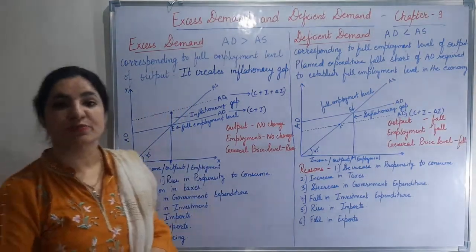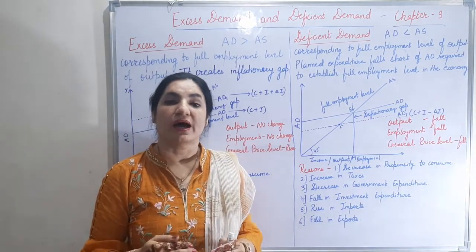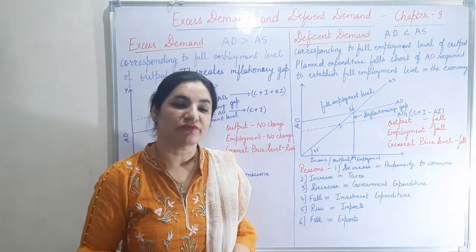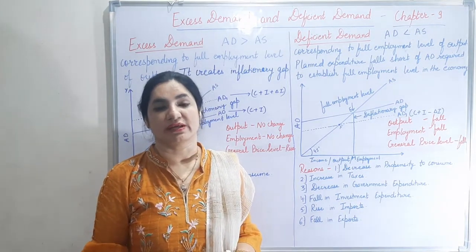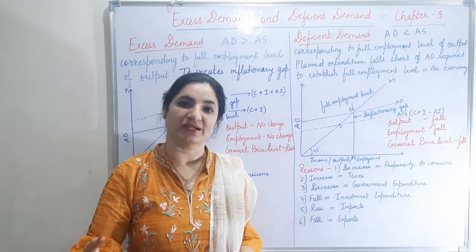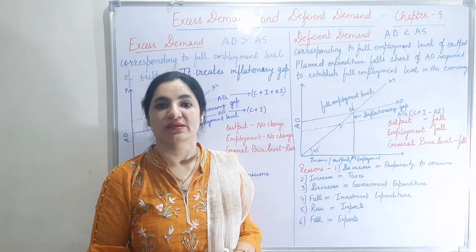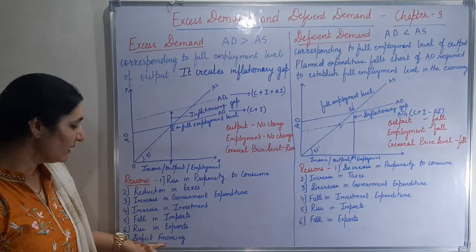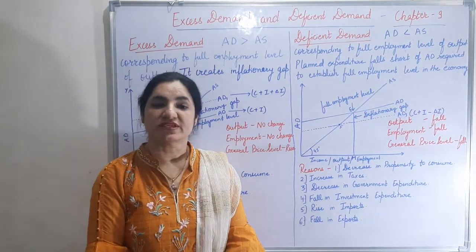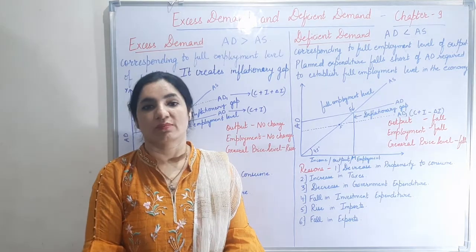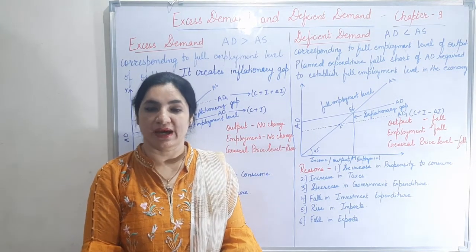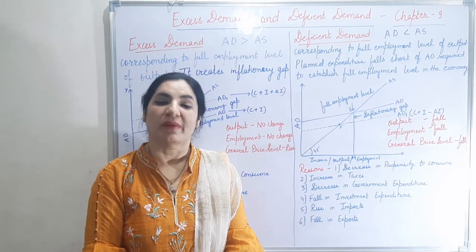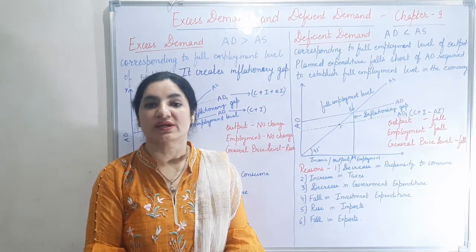Next is rise in exports. Rise in exports means people are now able to sell their goods out of the country. So we are able to generate income from out of the country. So from other countries, income is coming in the form of exports, the profit, and this is increasing the aggregate demand. Last is deficit financing. Deficit financing means in case of shortage, more printing of new currency is done by RBI. Because of this, there may be more demand in the economy because of more currency circulation.